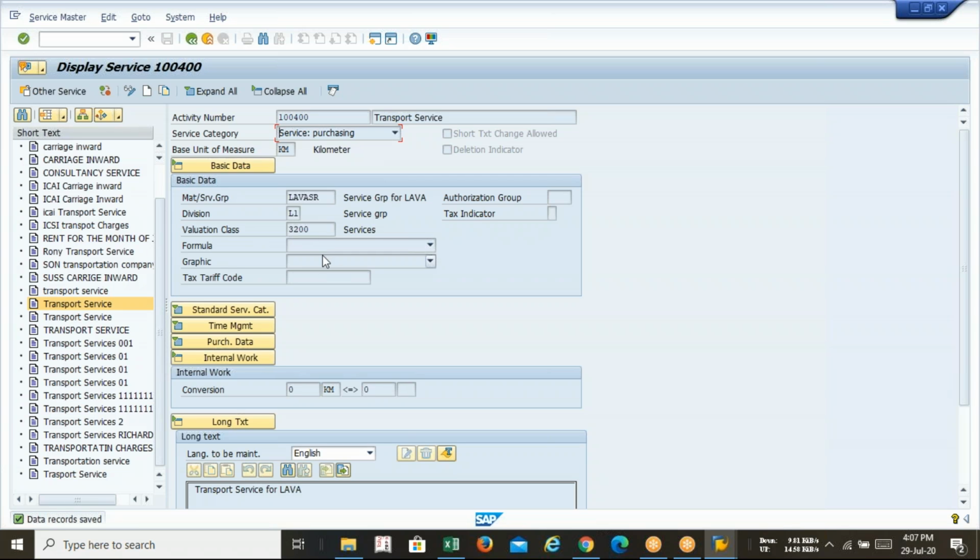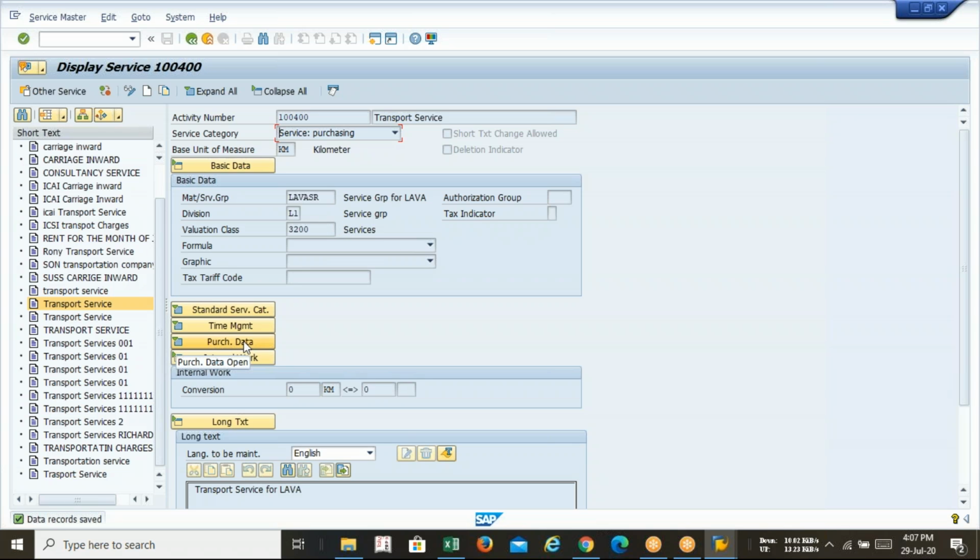So everywhere in the world, most of them, when the FICO classes are going on, you can check if you can see any kind of YouTube video, or if you got any kind of notes from the internet or some other source. You will definitely get that raw material they are selecting 3000, for service they are selecting 3200, for finished goods later on we'll be doing in the sales and distribution module, so we'll be selecting 7920. So these are all the default settings.